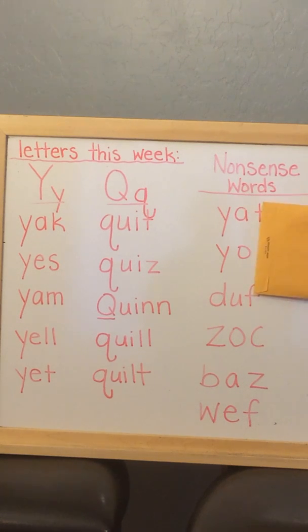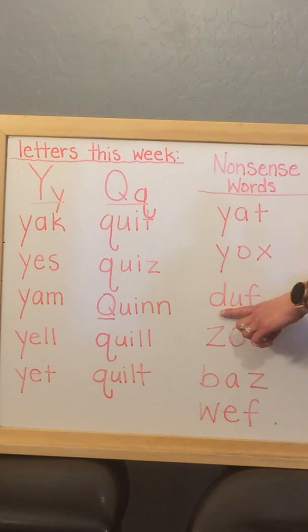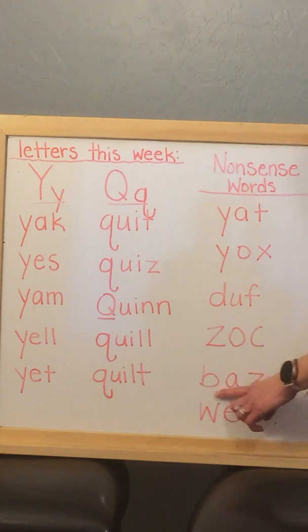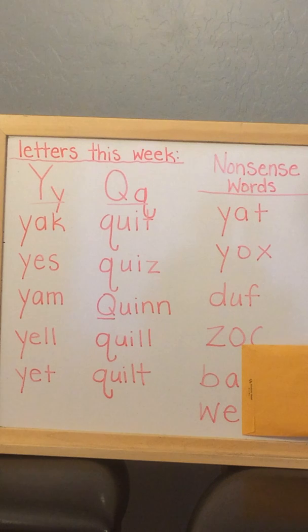When we look at Y and O, yucks. D and U, duff. Z and O will say zak. B and A, baz. And W-E will say wef,